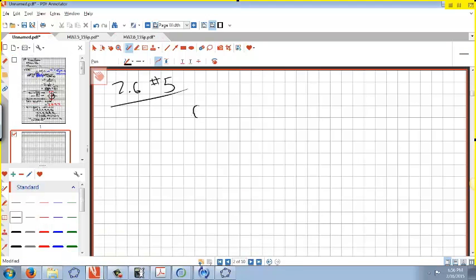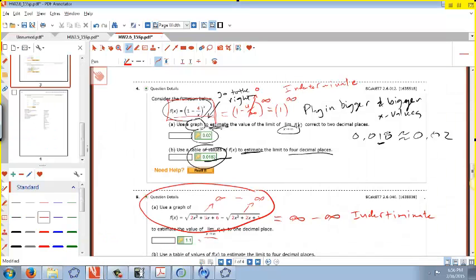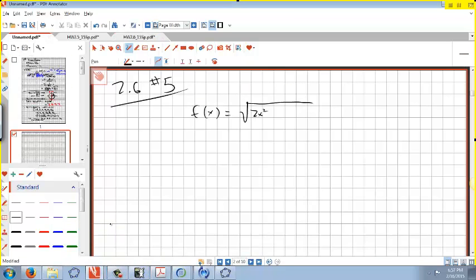But then you can also plug it into your calculator and look at the limit, just as I was doing with that other one. So here's the square root of 2x squared plus 5x plus 6, and then minus the square root of 2x squared plus 2x plus 1. And what we want is to find the limit as x goes to infinity of this quantity,